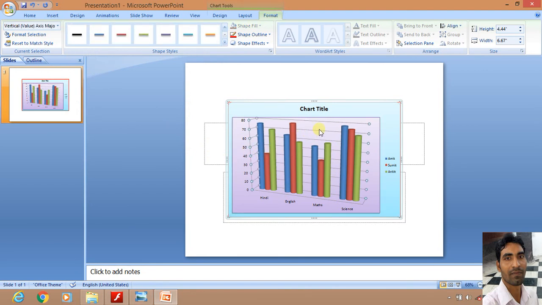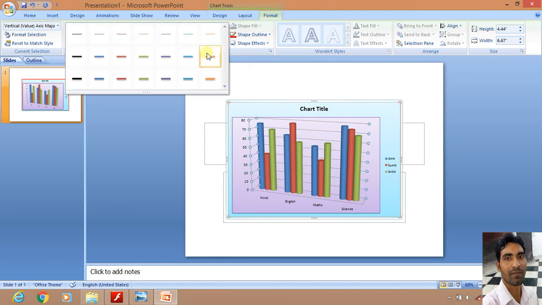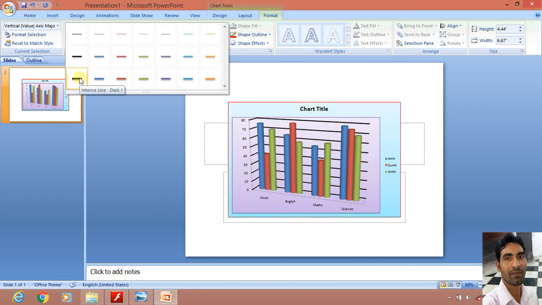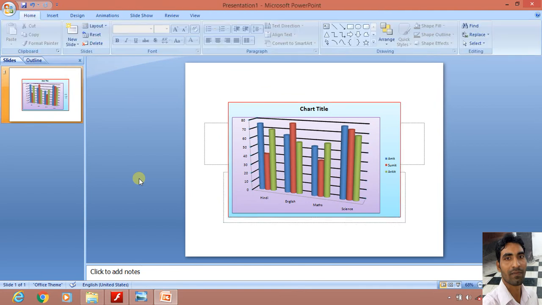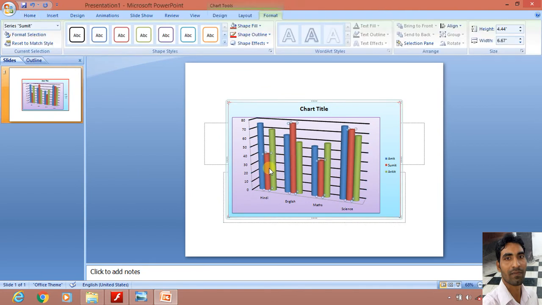Now the grid lines you want to change. So grid lines also you can change, dotted, dashed or any other. You can see here different colors are given. Black lines you want, so you can click black lines. Grid lines are changed. Now data series shapes you want to change, so you can change data series shapes also.